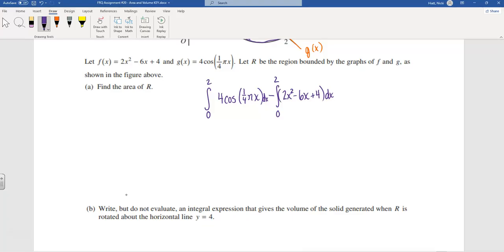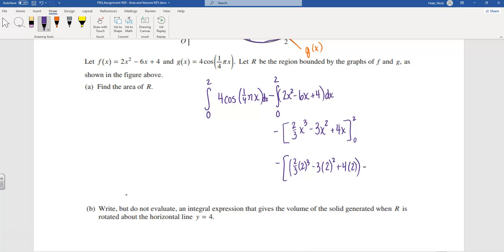So over here I'm going to do the right side first. It's easier. I just have to integrate this. That is going to be 2/3 x to the third minus 3x squared plus 4x, and I'm evaluating that from 0 to 2. And then I'm going to plug in. I will have 2/3 times 2 cubed minus 3 times 2 squared plus 4 times 2